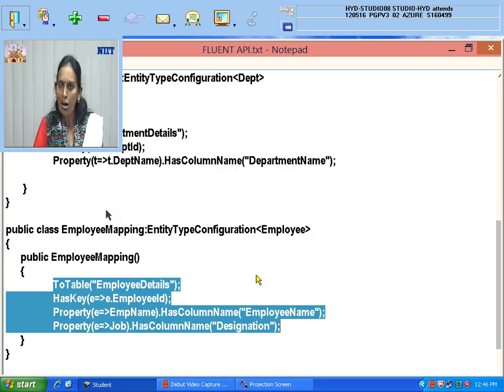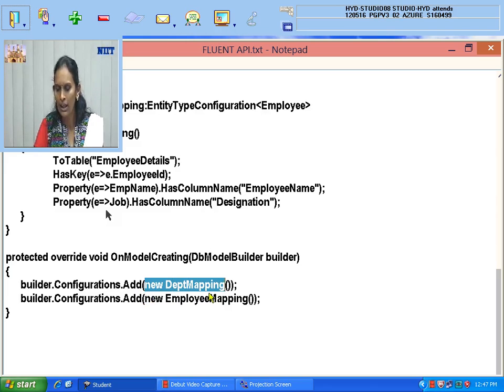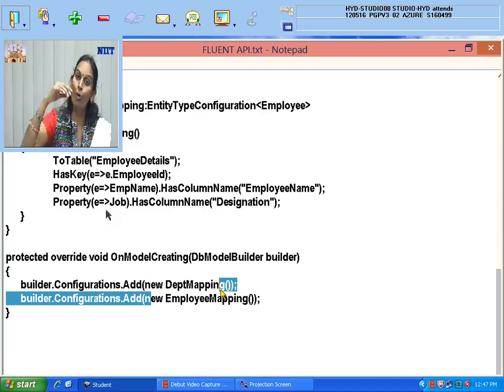Now in the OnModelCreating method, you have to write modelBuilder.Configurations.Add and specify new DEPT mapping, like that. For as many model classes as you have, you need to create that many separate classes inherited from entity type configuration, and specify the table, new table name, new column name. All these you have to specify.